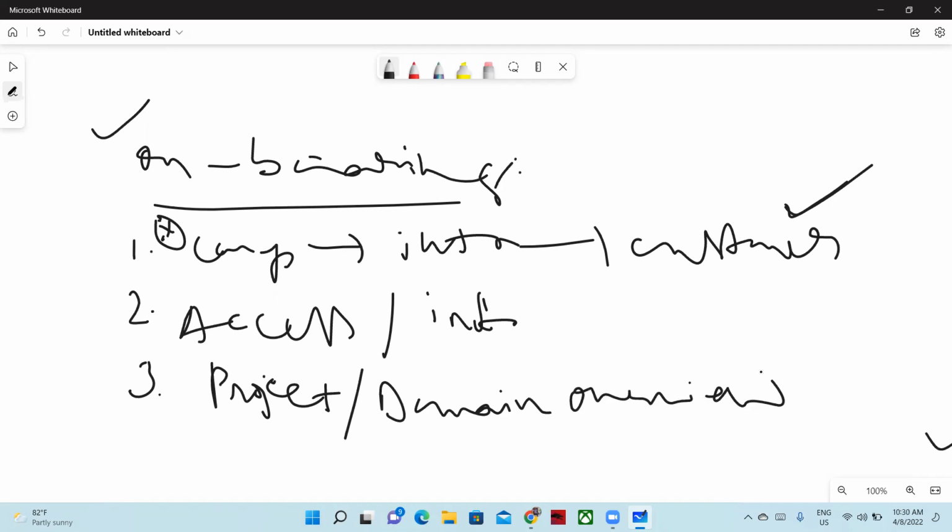Okay, project and domain overview means what kind of project it is and what is the domain. It could be health, telecom, insurance, banking, real estate, retail, or logistics. We have different domains, right? If my customer belongs to shipment, then it is a retail and logistics domain. If my customer belongs to medicine, then it is a healthcare domain. If my customer belongs to banking, then it's a banking domain.